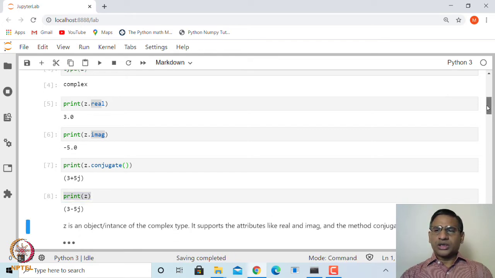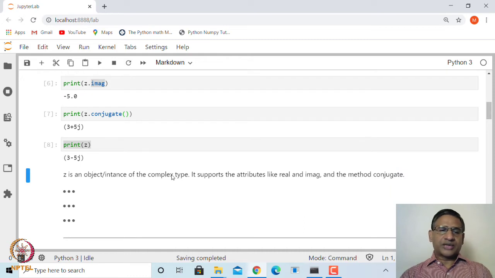In this case, what we have done is create Z as an object or instance of the type complex, which is also known as a class, and it supports attributes like real and imag, that is what we saw, and a method in this case known as conjugate.